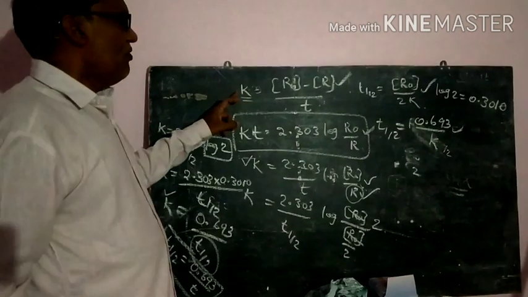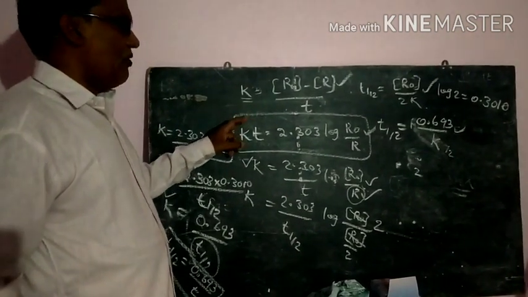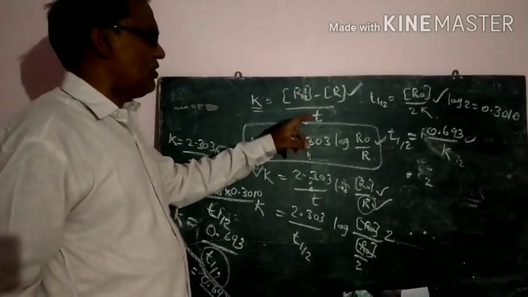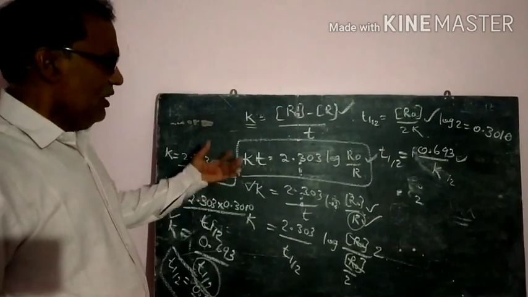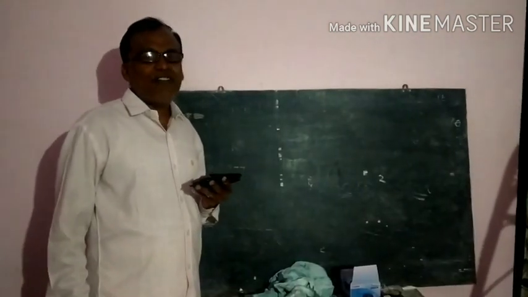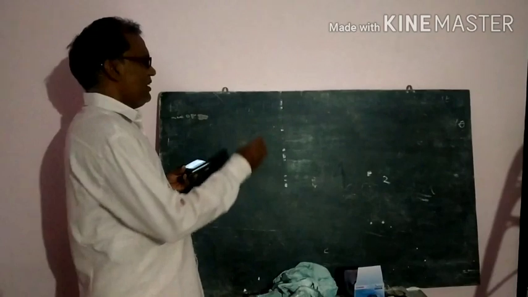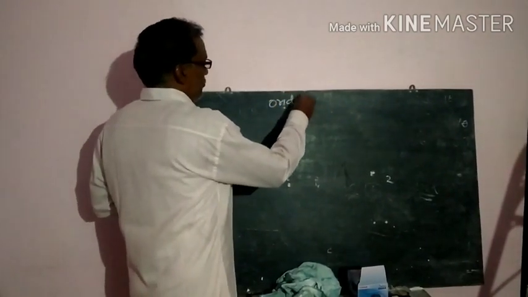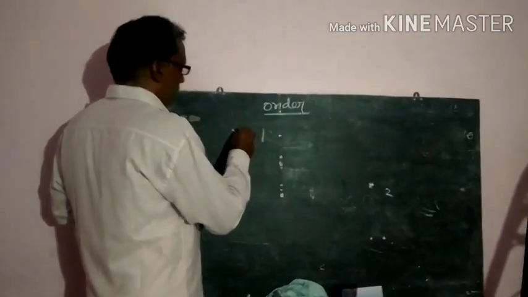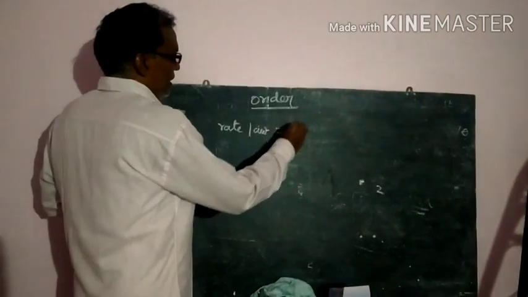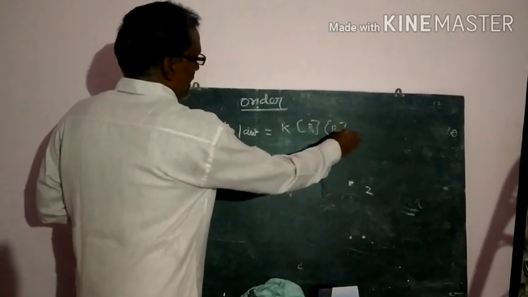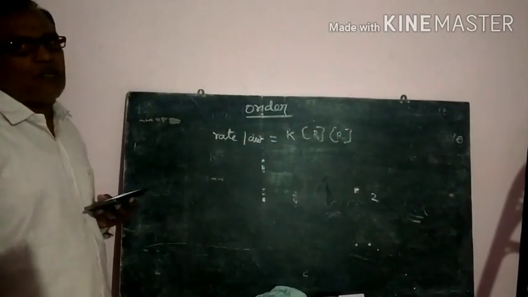So integration, where it is there, log R0 by R value is nothing but the natural logarithmic integration values of this, equal to the natural logarithm of R values, you have to take it. So this is the lesson you have to go through once. Already we know the rate equation or rate law, that is the order of reaction. To find out the order of reaction, we should write the rate equation in terms of the concentration of the reactants. Already we know, reactant concentrations are raised to the powers x and y.